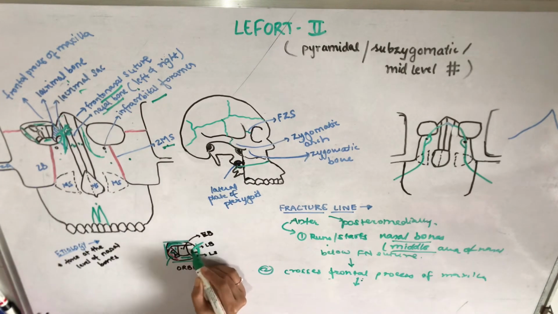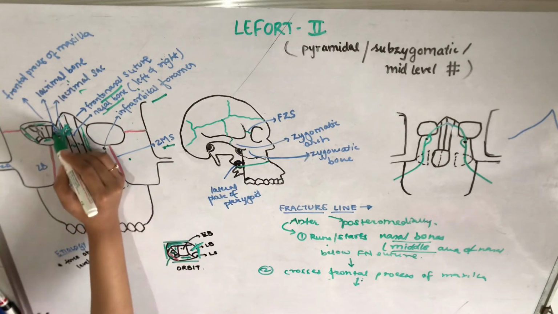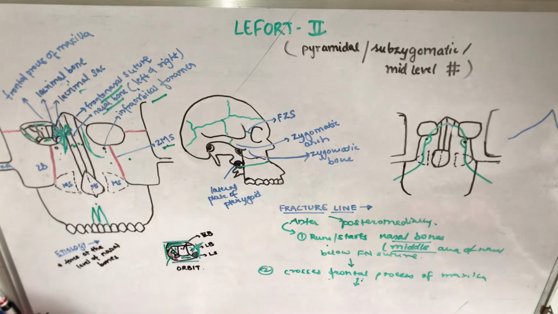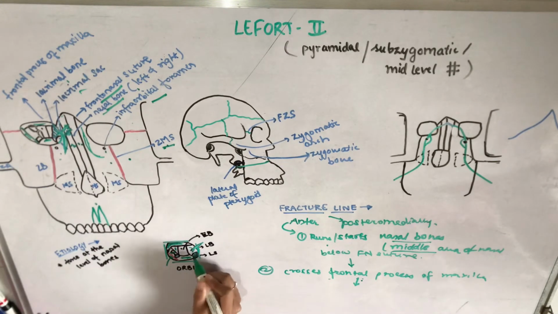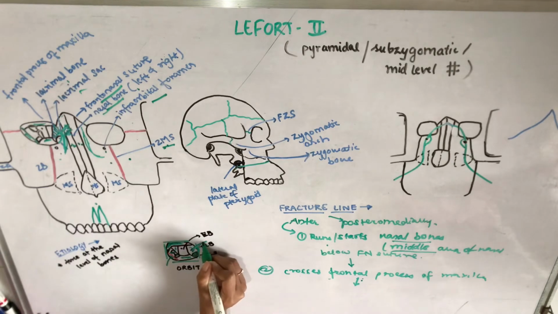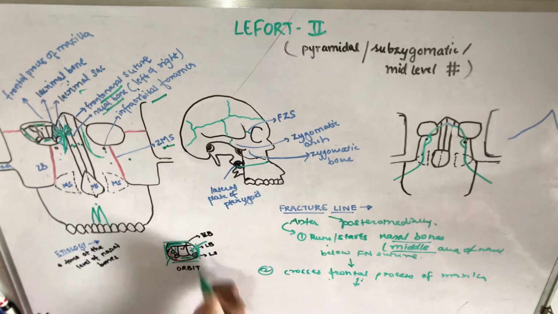Then it fractures the lacrimal bone. Now this is your lacrimal bone. The shaded portion over here is the lacrimal bone and this is the lacrimal sac, the smaller part. So the fracture line, it fractures the lacrimal bone behind the lacrimal sac. So this is the important point. You are not going into or through this lacrimal sac. The fracture line, it is behind the lacrimal sac. So now this fracture line, it has entered the medial wall of the orbit and it runs through the lacrimal bone behind the lacrimal sac.